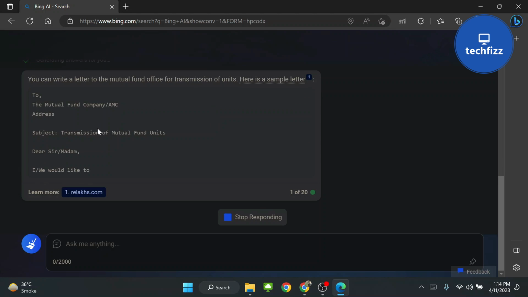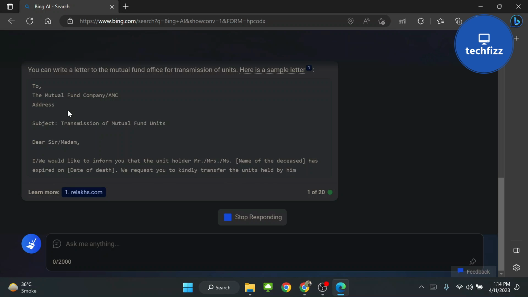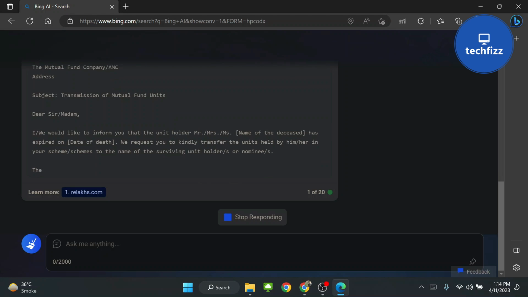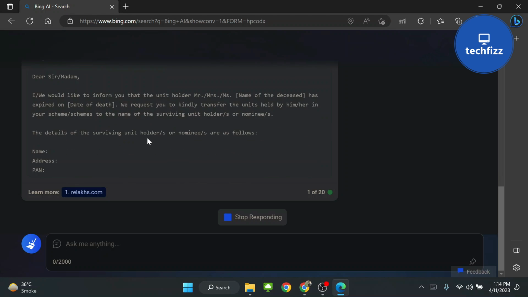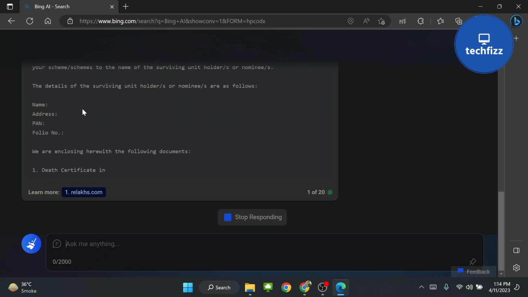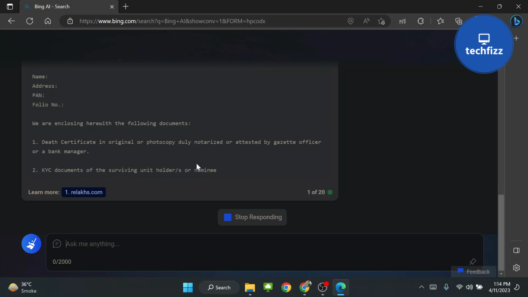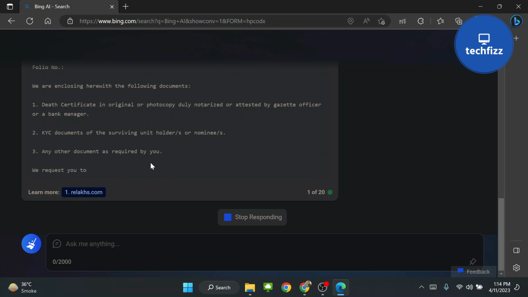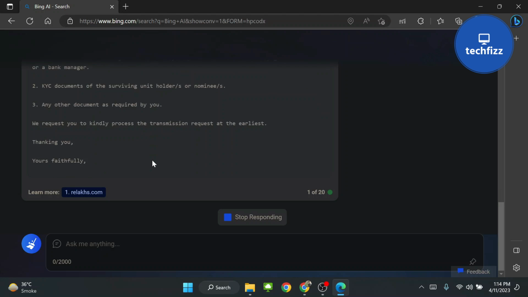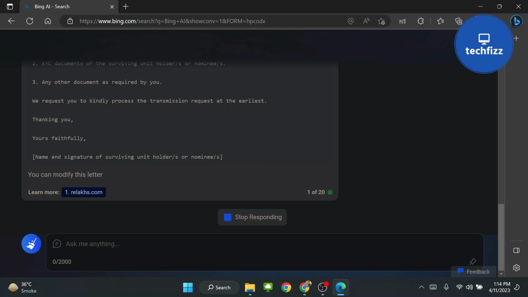So it has given a sample letter. You can just replace the subject and the mutual fund company name with whatever you want, and it has also given the documents that are required, right? Death certificate, KYC documents, any other document. So interesting, right? There are a lot of different possibilities here.